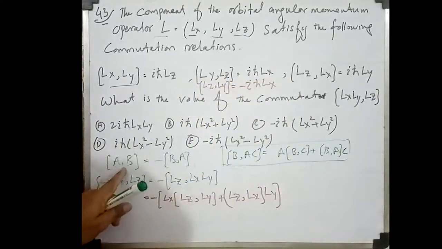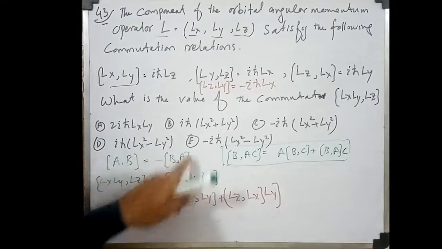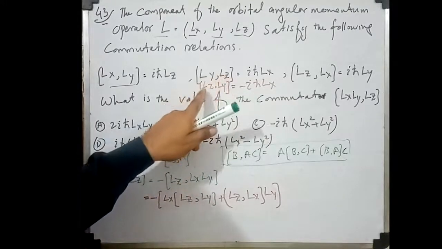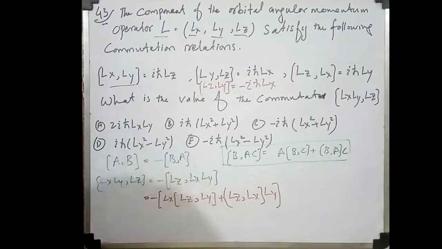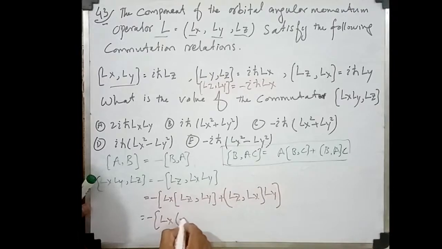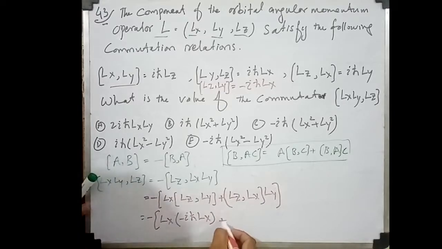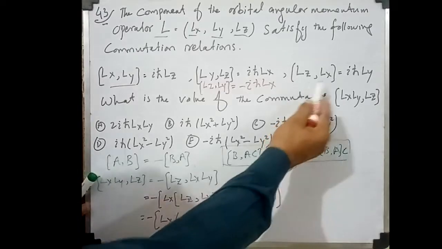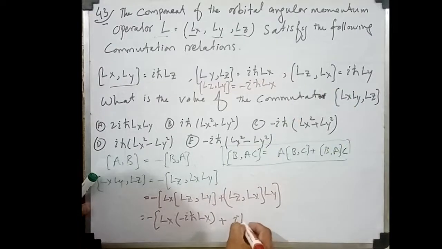If we use the relation AB is equal to minus BA, Ly Lz is equal to minus Lz Ly, so we will multiply minus with it. So we can write minus into Lx and 2 minus iota h cut Lx, we can write like this, plus Lz Lx, this is directly equal to iota h cut Ly, and 2 Ly, this one, so we can